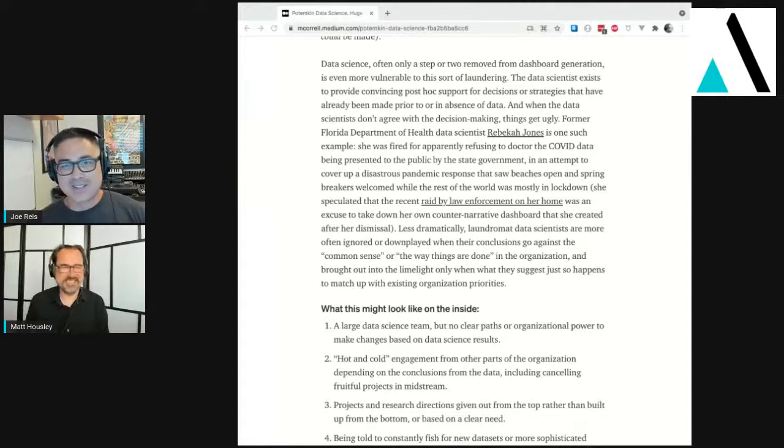But this example talks about a data scientist who works for the Florida Department of Health and maybe didn't take a stance with data that aligned with other people in the government, and then that compromised her job and so forth. I think kudos to her for sticking up for facts. But in a lot of cases you see this where data scientists are brought in to maybe alter some stories. But this has been going on for a long time.